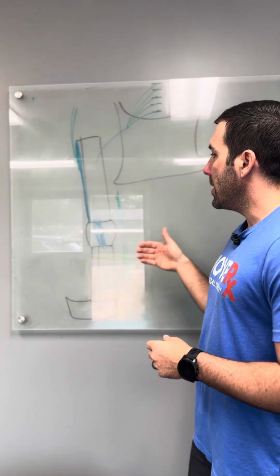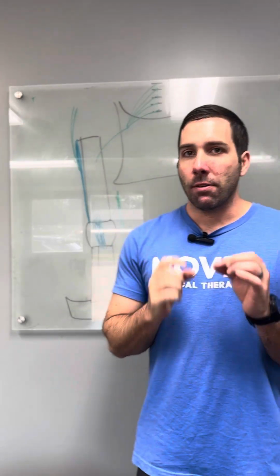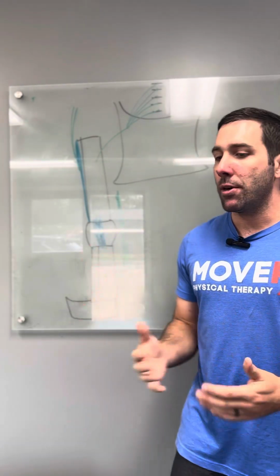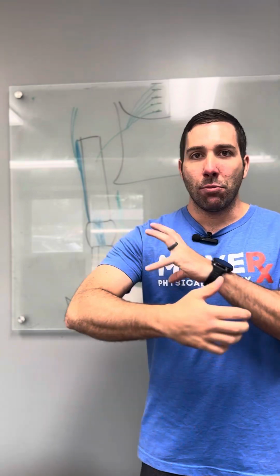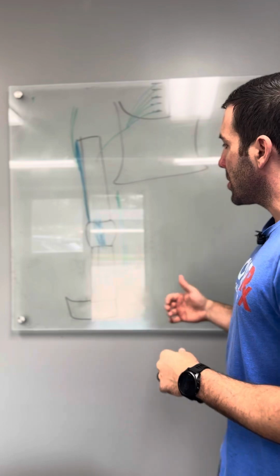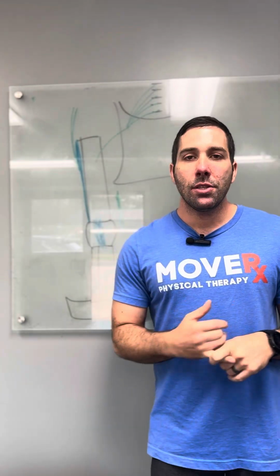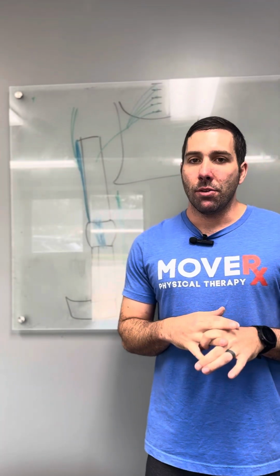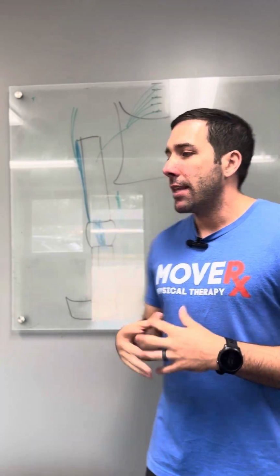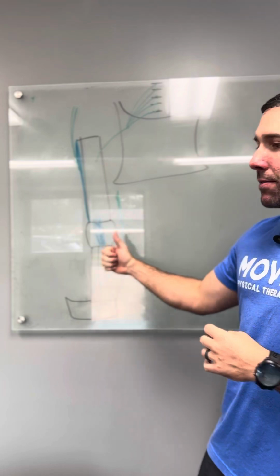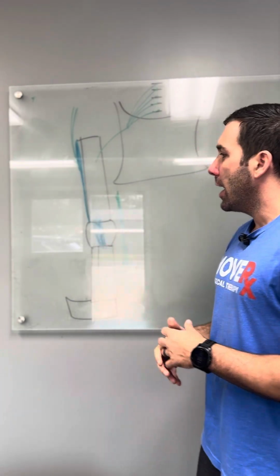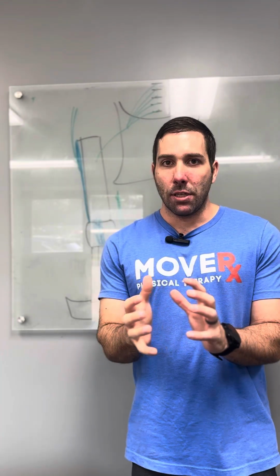Okay, so the tendon, you have to load it in a very specific fashion. It's not as vascular; it doesn't have as much blood flow as a muscle. So, like a muscle, you could just do a bunch of bicep curls. You can pump a bunch of blood into your bicep. Your bicep will get real big. Your tendon doesn't work the same way. So you have to do more of a tempo load to it, or more of a sustained load to it. So just doing isometrics or heavy eccentrics or something like that. That all helps to strengthen the tendon specifically, get that motor recruitment pattern to those fibers in the tendon, and helps to get it stronger. Okay, so that's kind of the first thing that we're talking about.